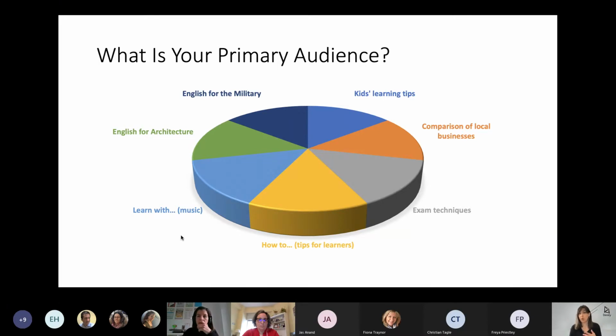So what is your primary audience? Is it how kids learn? Or is it something like what are the possibilities locally to learn a language? Say in your town, if you're in Madrid, in Madrid, if you are in Guadalajara, in Guadalajara. Doesn't matter if it's a small town, because whenever we have a person wanting to learn English in Guadalajara, that's what they will do: Profesor de Inglés o Academia de Inglés en Guadalajara. They won't go and search for a Madrid option, let alone Barcelona. Yeah, they will stay local.